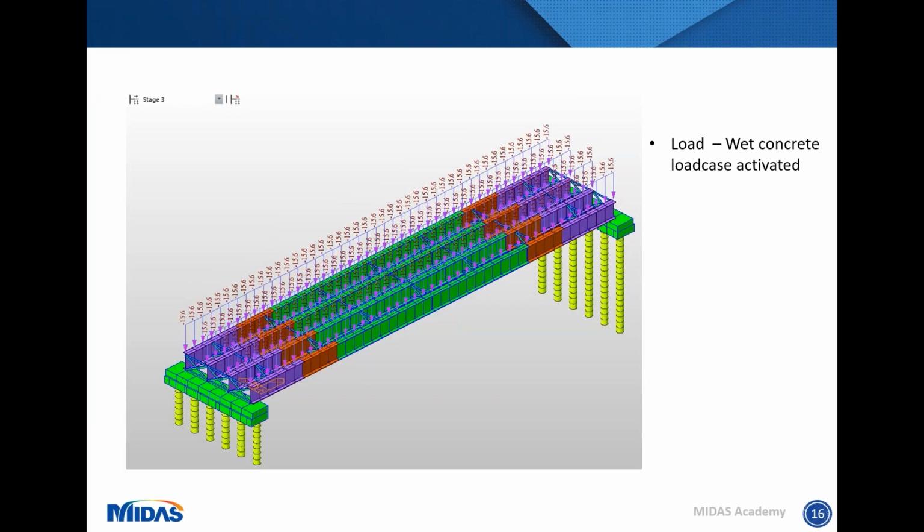In this stage, we've added in wet concrete load. This has been loaded as a line element. Nothing else is activated in terms of any elements or boundaries, just the load group for wet concrete is being activated. And again, at this stage, the elements that are shown, the steel is still shown as just a steel element and is not incorporating any concrete sections into it.